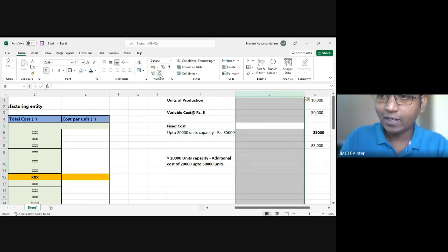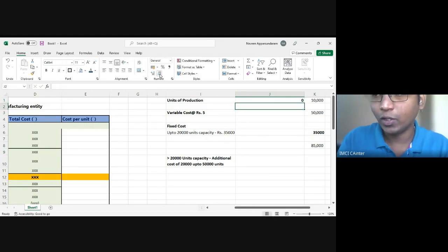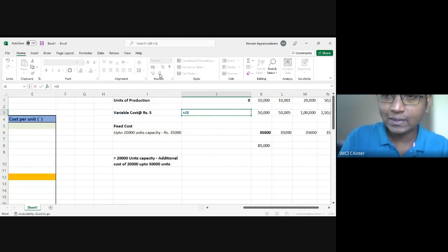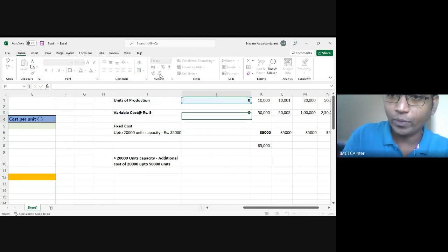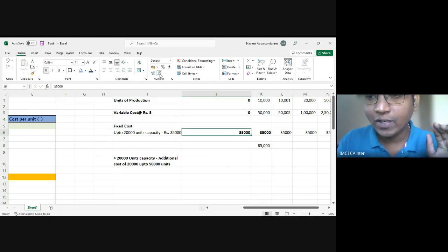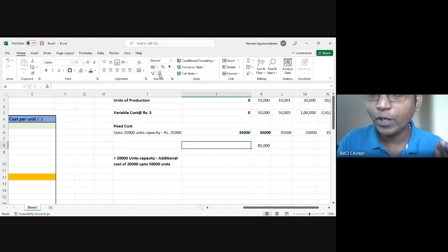So let me consider, suppose lockdown la enna aachu, the covid la enna aachu appadina, there is a zero production which has happened. So the production is 0 into 5 rupees. So even there is no variable cost, not even 1 rupee cost which has happened, but still you need to incur this 35,000 rupees. Still you have to pay the rent for the premises which has been taken. We cannot let out. Either we have to close our business and leave that rental space,